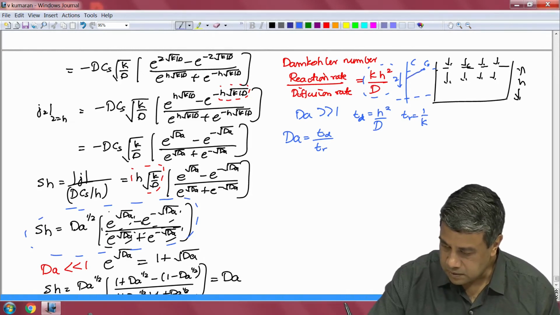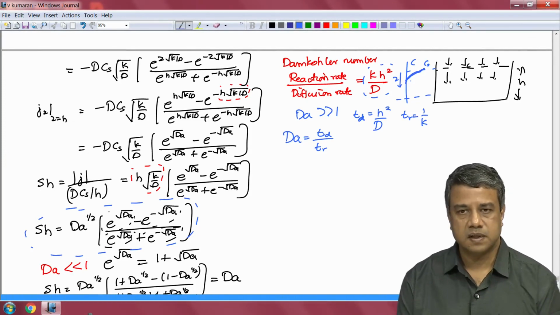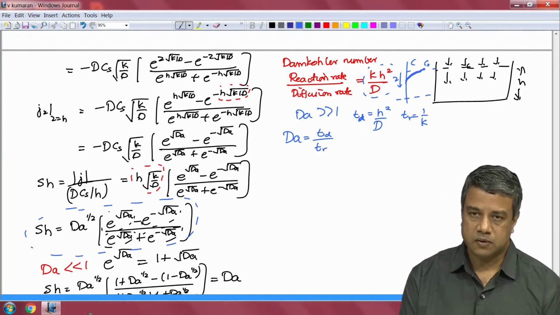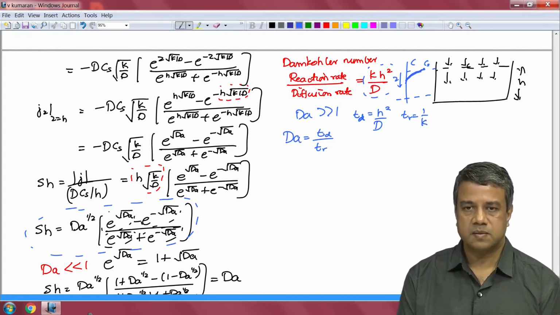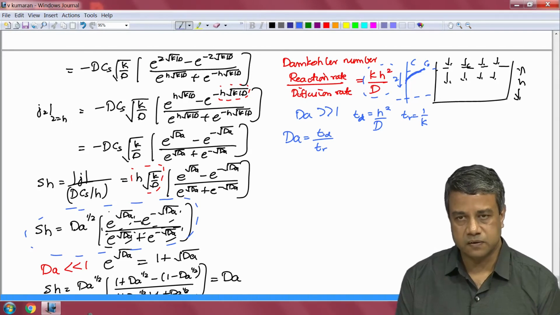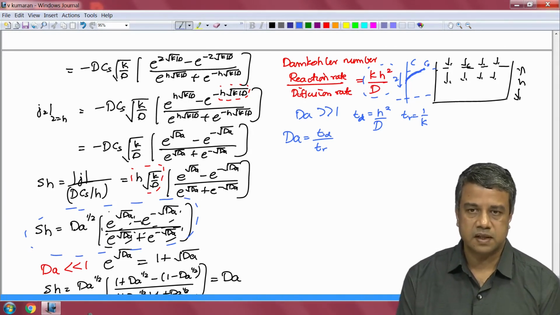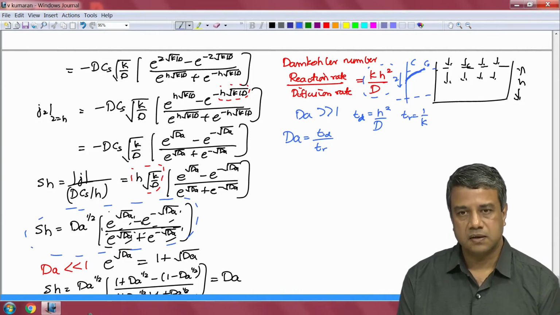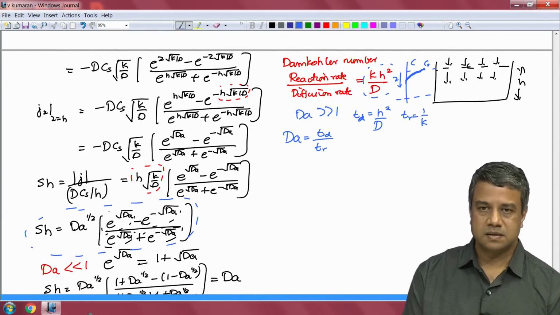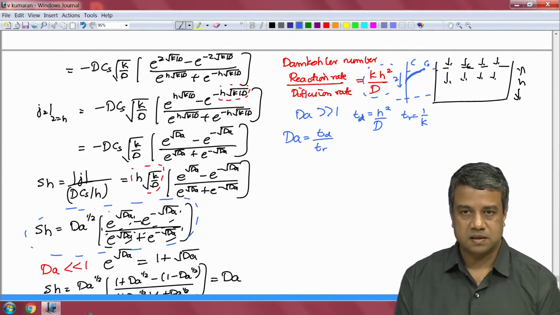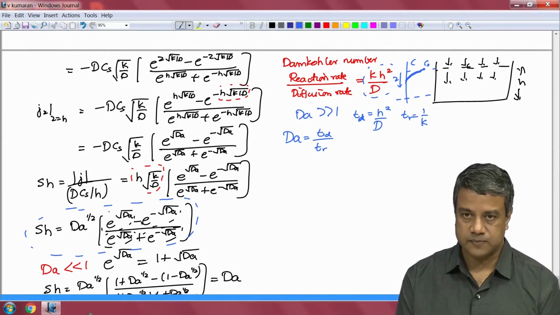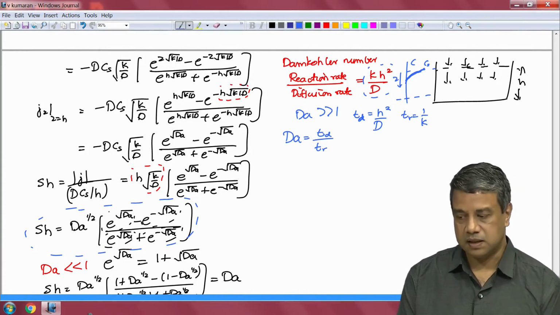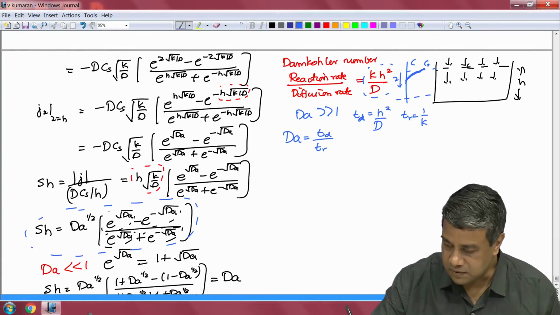That means that the concentration of the material will decrease to 0 over a distance that is small compared to h, because if the reaction time is much smaller than the diffusion time, the Damkohler number is large. That means that the material will diffuse over a short distance before it gets consumed, and that short distance is much smaller than the thickness h, and you can estimate what that distance is. The distance over which it will diffuse cannot depend upon h, because the distance is much smaller than h. It can only depend upon k and D, and therefore the distance to which it will diffuse,